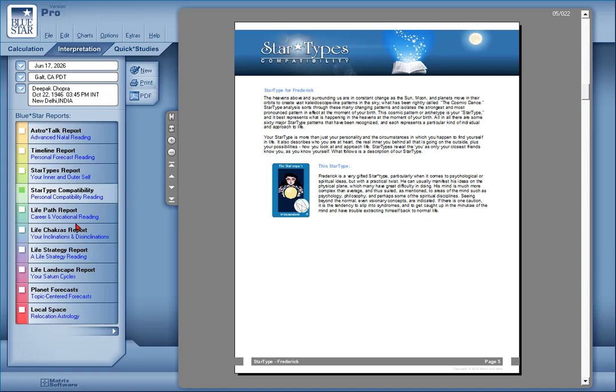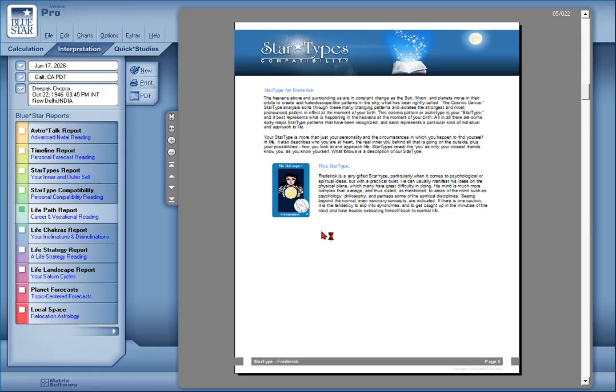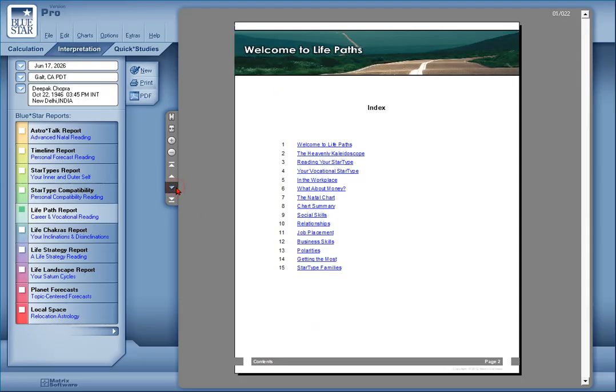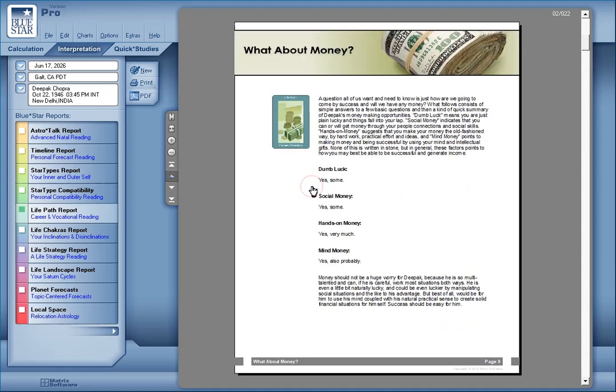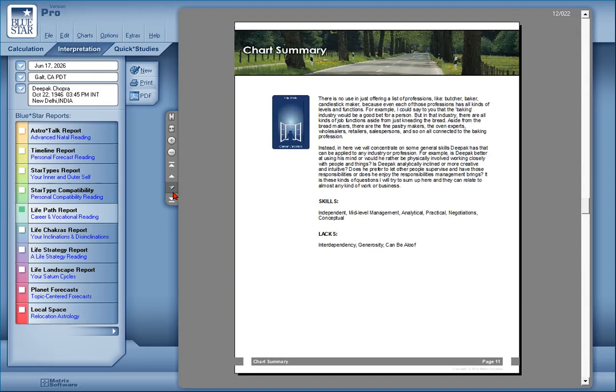Okay, the next one is Life Path. This is a career and vocation reading. Okay, so use this mail. Okay, and we click on OK, and you can change it to the place that you want to use, and then you click on OK. It will create a report for you right away. Okay, there you go. Yeah, beautiful. You can either click on here and maybe click in here, and it will show you that section, but you can scroll down to see them all.